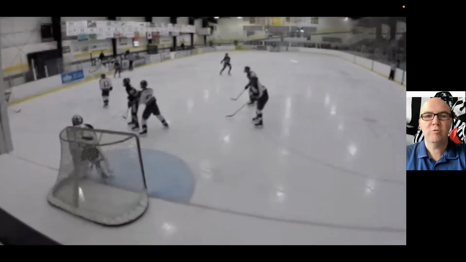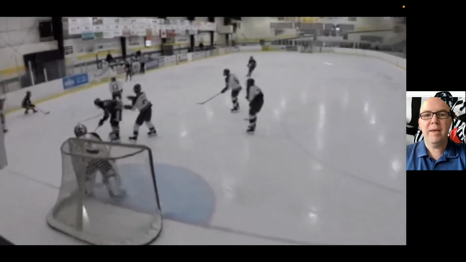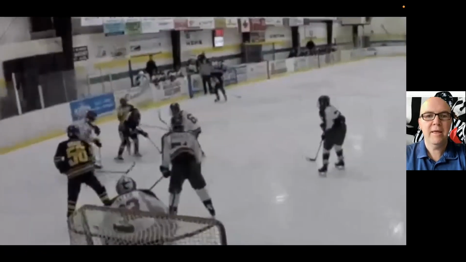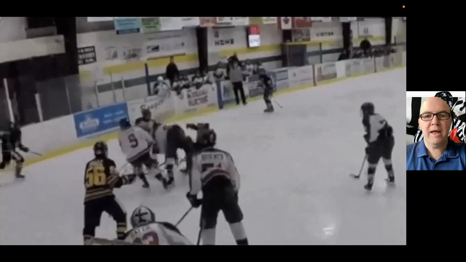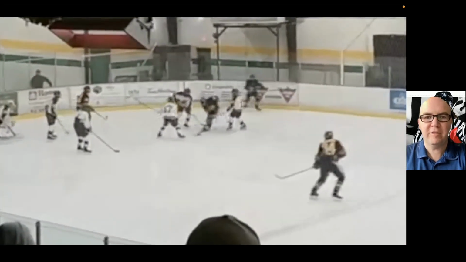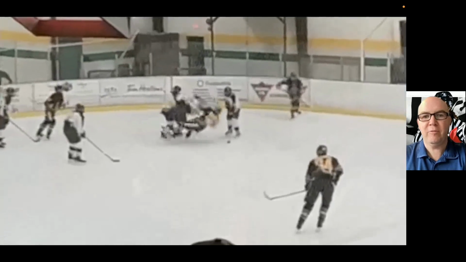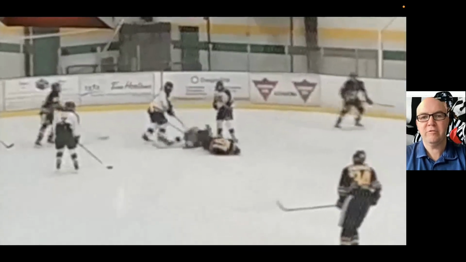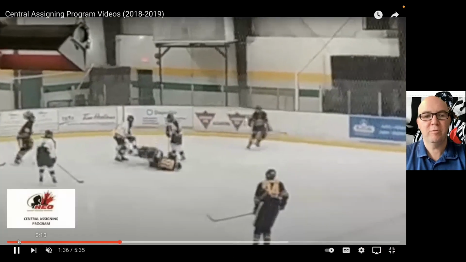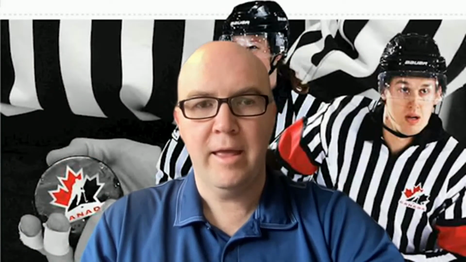So we're going to watch one more time. And what's interesting here is note the 2 different angles. It may not be as clear from this angle, which is probably where the referee is standing, that there's some contact, but whether or not it occurs to the head. But right here, it's obvious that this contact is to the head as the player's head snaps back and the offending player's feet come off the ice when he lays the hit. So this is a clear example of a match penalty for checking to the head.